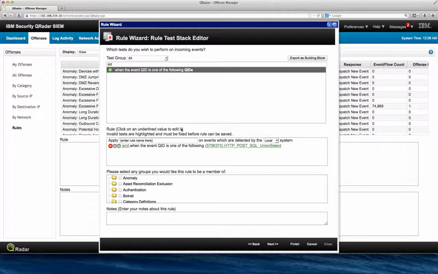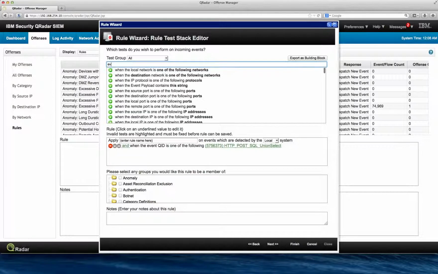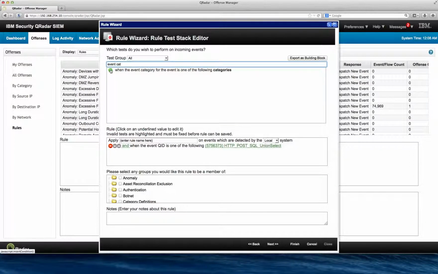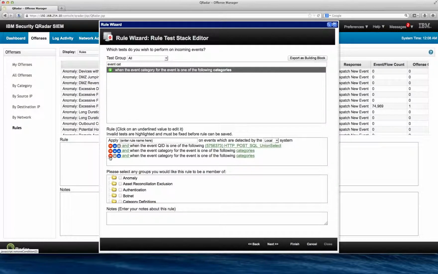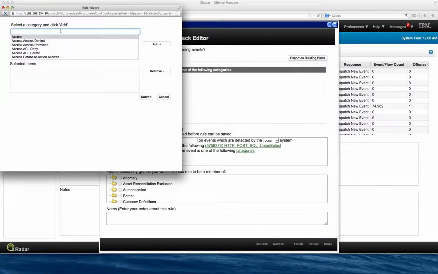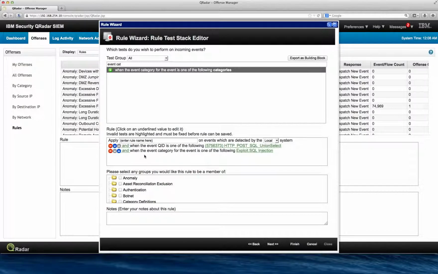So what we need to do here is complement that rule, make it more specific, and associate it with an event category of SQL injection. Event category, that's what we are looking for. The category, not two, but just one. In the categories, I'm going to put SQL, and this is the one. This continues the AND on the offense and says, when I find an exploit of a SQL injection,